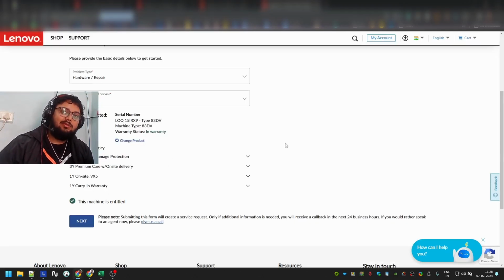Here there will be an option to upload a file. Videos, I don't think you can upload longer videos, but what I have said before: upload videos to your own YouTube channel. If it shows personal information, unlist the video and drop the link in this. This is the best and the quickest way to get Lenovo to contact you immediately. Otherwise, you can sit on the phone for hours and try to move from one stupid agent to the next, to the next, to the next.